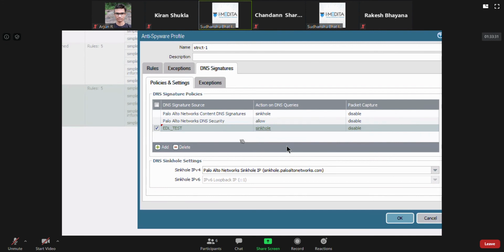Okay, suppose somebody does a DNS query for a website mentioned in this text file. They can be blocked, or they can be replied with the sinkhole address. The benefit of that is when they send the traffic, it will be logged in the firewall. That way we can figure out who the infected person is.